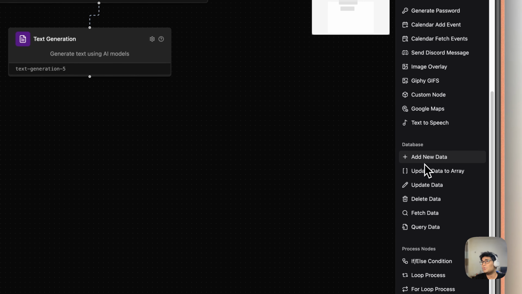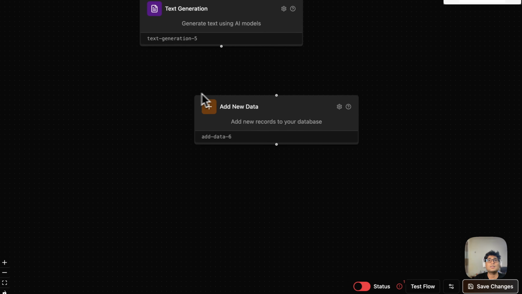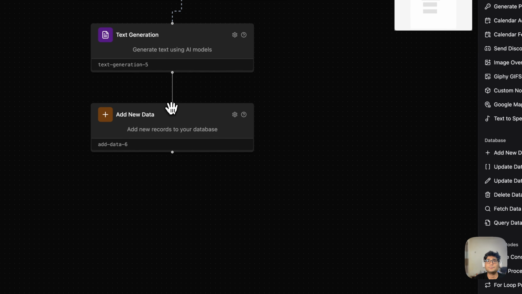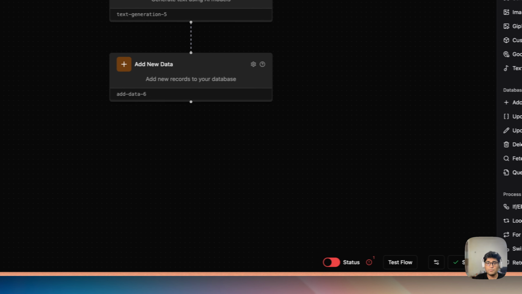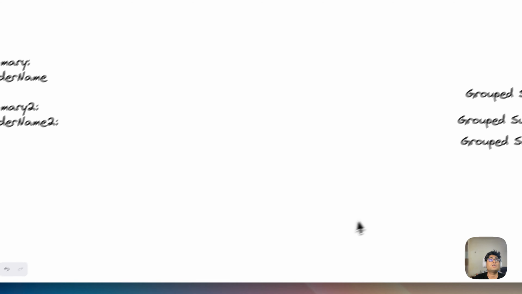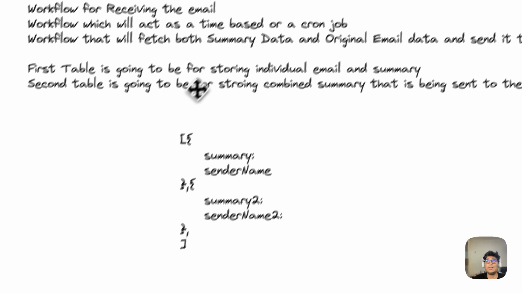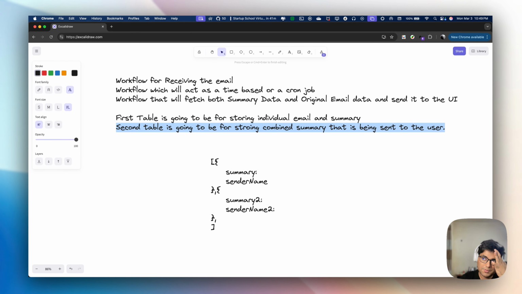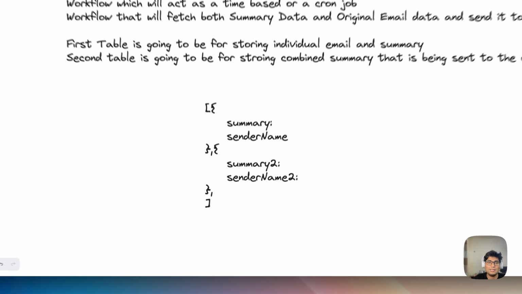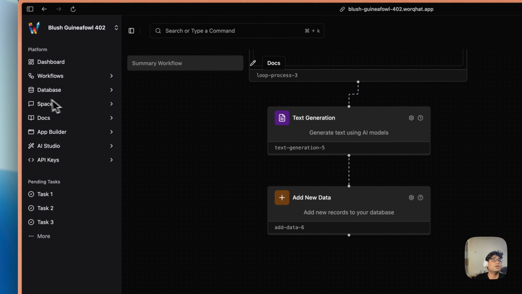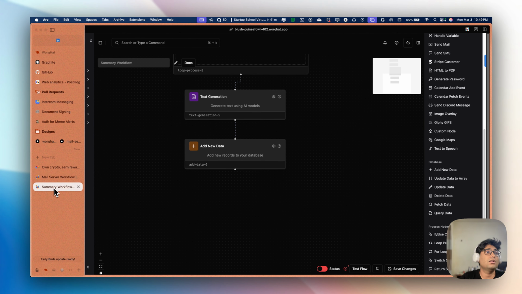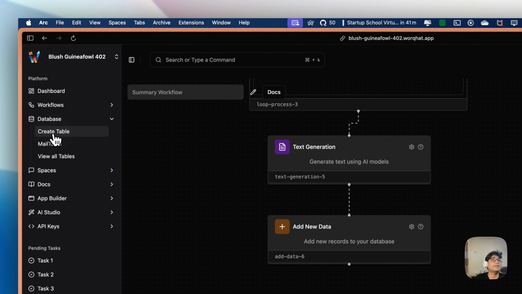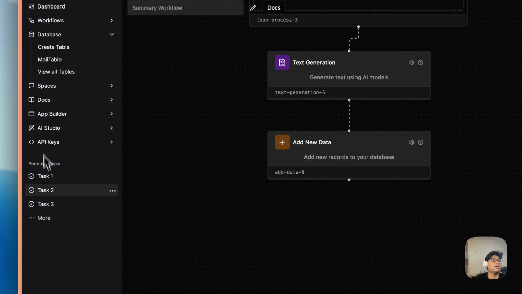And then what I need to do is add this data to my database. Now, if we look at our last diagram, we wanted to create a second table for storing the combined summary. So now we can go ahead and create the second database that we want to build. I'll create a new database again, create table,